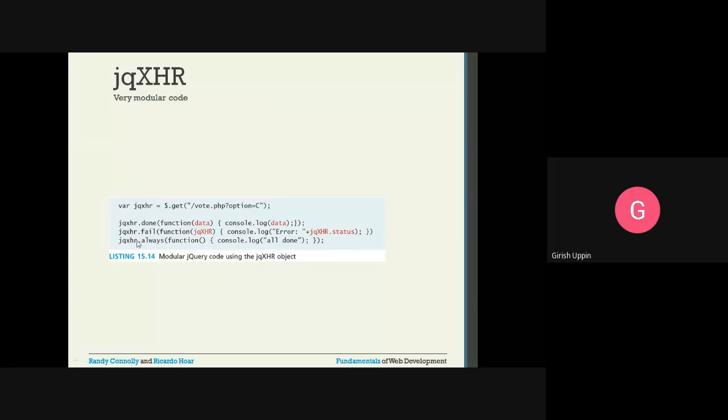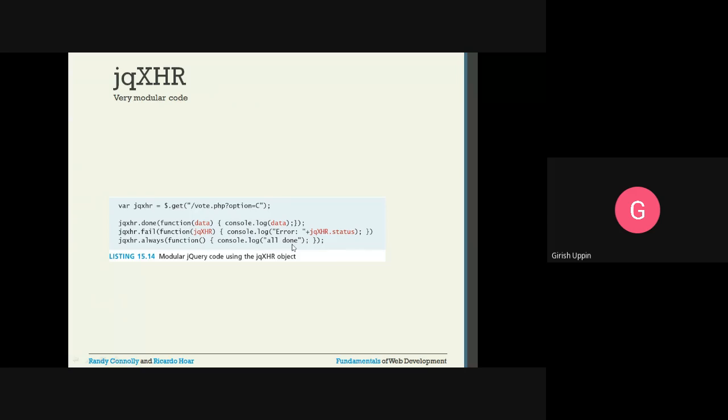Okay, that is the implementation, whatever we talked about. You can see we are capturing that object here in the jqXHR variable, because this $.get request is going to receive that particular object. Then object.done, object.fail, object.always. If object.done is successful, then in the function we have the data, and we are going to log it into the log file with whatever data we receive. And if it is an error, we are going to log the error and the error status. And irrespective of both these scenarios, we will write "all done".